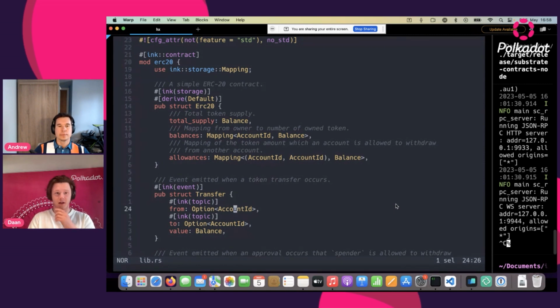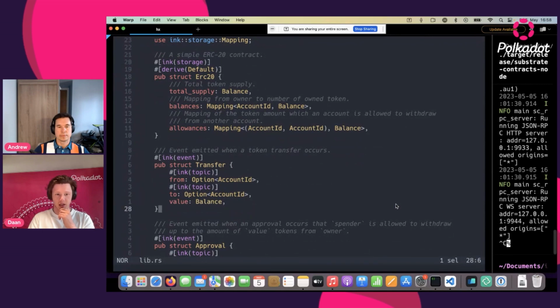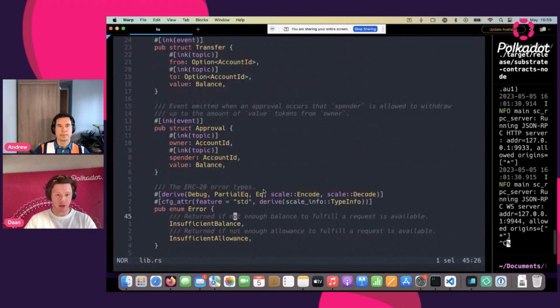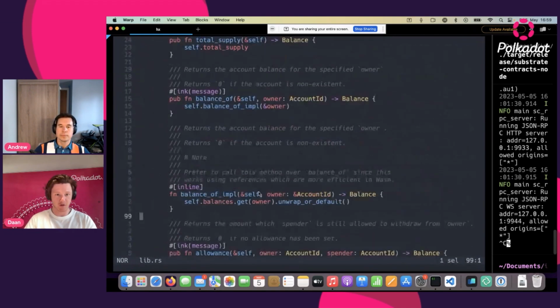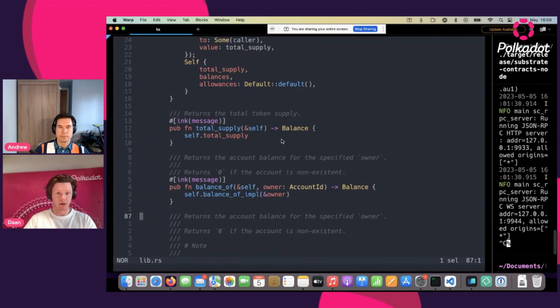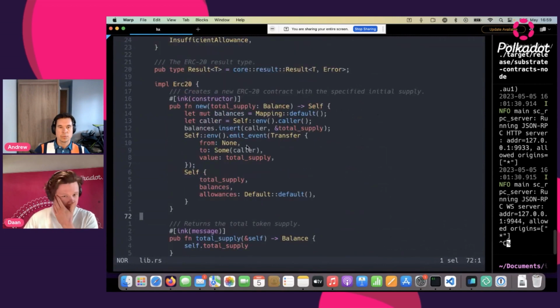What we haven't covered with Andrew is the Ink event, which is interesting. If we go, for example, to the constructor, so creating a new ERC20 token, we initialize the balances field. We insert the owner of this ERC20 token into these balances, but before we return the actual